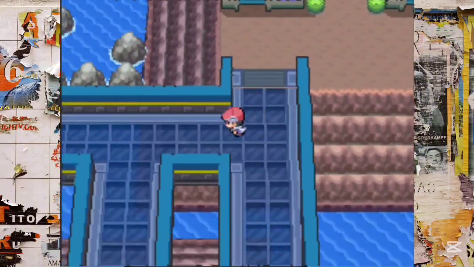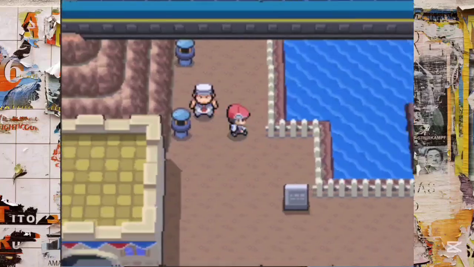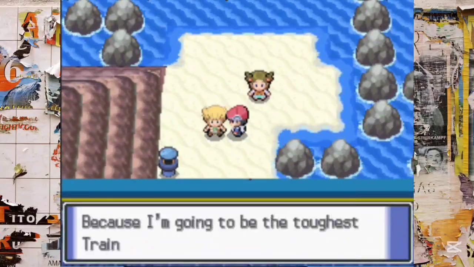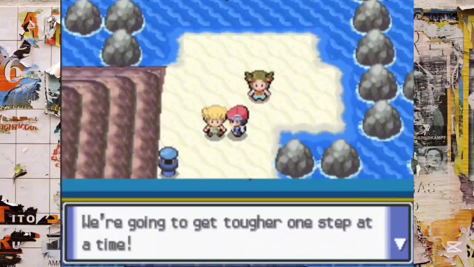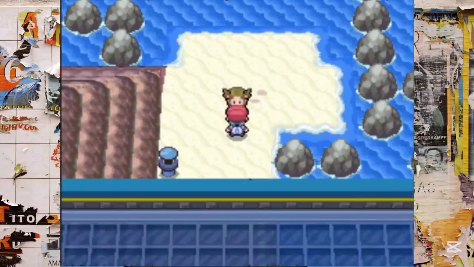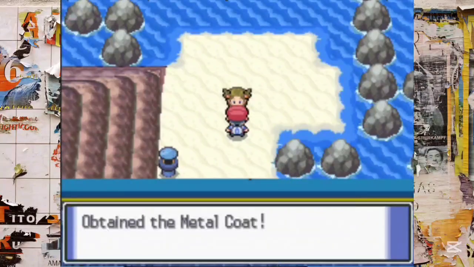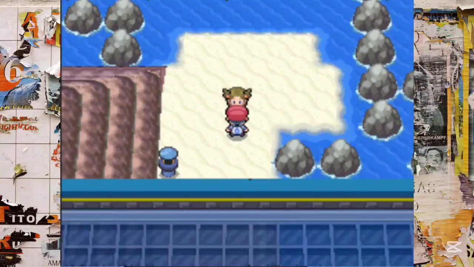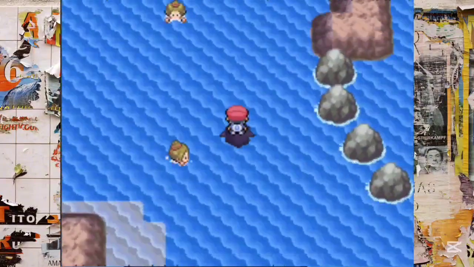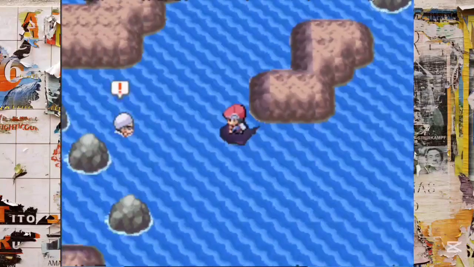After defeating her, she runs off, and now we can make our way down to the beach where we can surf across to the next route. Before we get there, Barry catches up to us, and he says he's also going to challenge the Pokemon League, and he said he's not going to battle us now because he's going to go do some intense training, and then he'll take us on and defeat us there. So I can't wait to take on Barry one more time. We spoke to the woman, she has given us a metal coat,